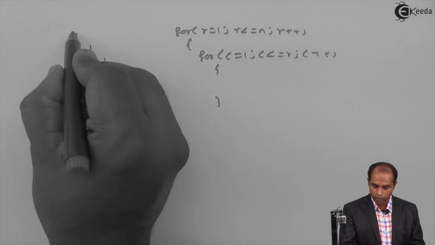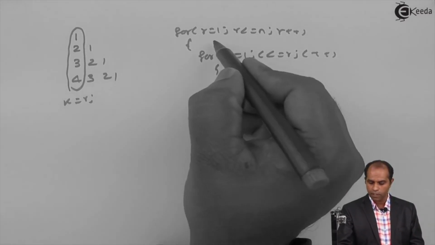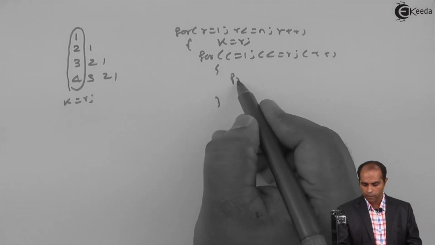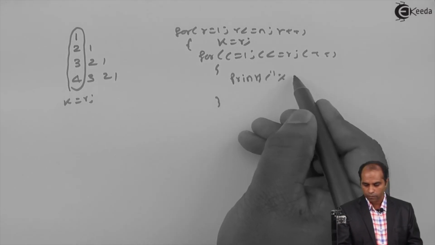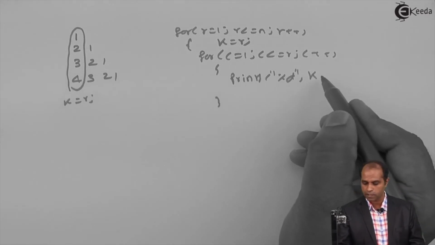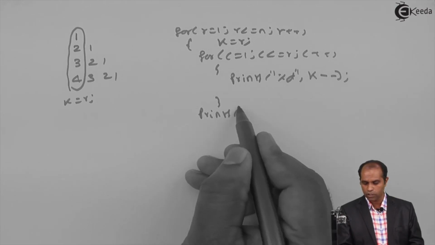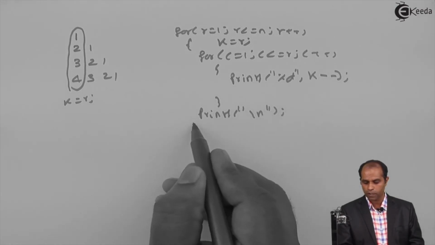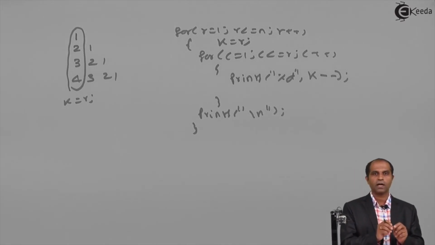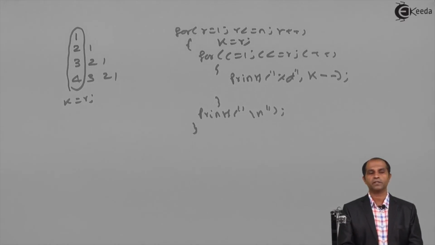Observe this. What is the first value of this? k equals r. This is supposed to be done, hence k equals r. Then print the value of k. Will the next character be the same? No, the next character is reduced. Hence say k minus minus. Then printf backslash n. This is the only change which we are going to make for this particular program. So the same program is rewritten with the value of k equals r but changed to the next character. This is how we generate these various patterns. Thank you.